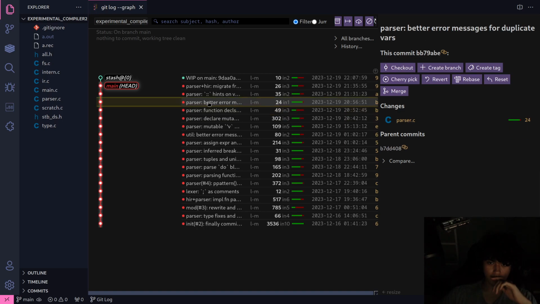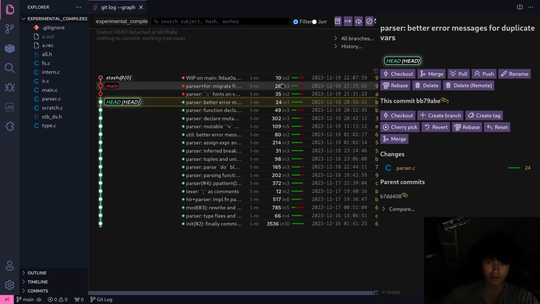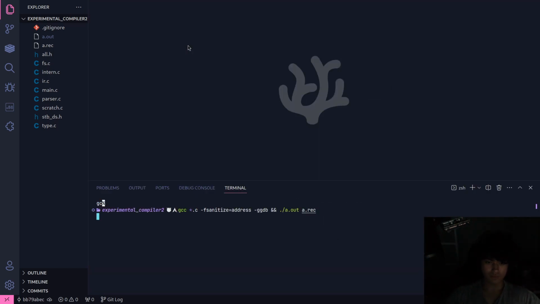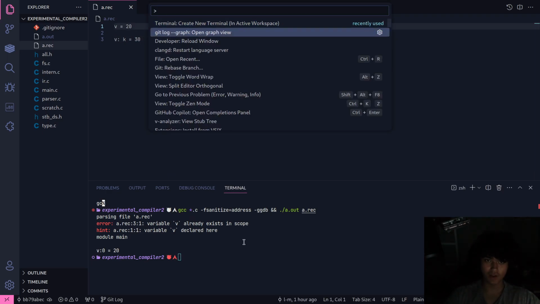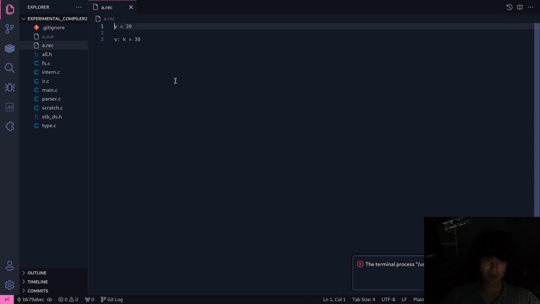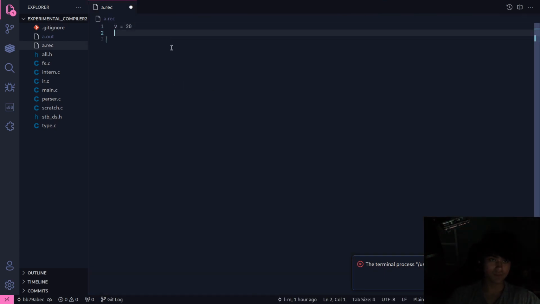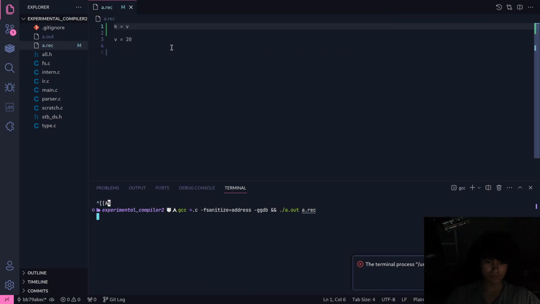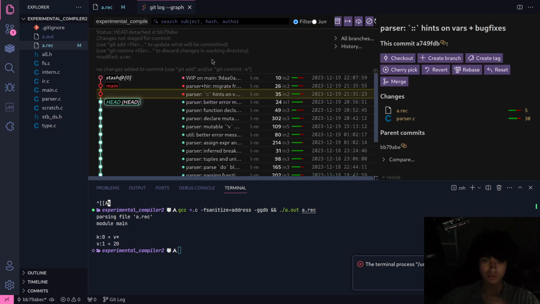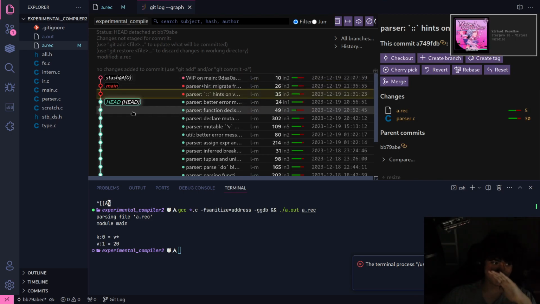Is it declare mutable variables? Better error messages for duplicate vars. Let me check out. There we are. Okay, so this is variable already exists in scope in this. So this is a different one. Where is it? Maybe this one has it. V equals 20. K equals V. Wow, is that not an error? Hold on.